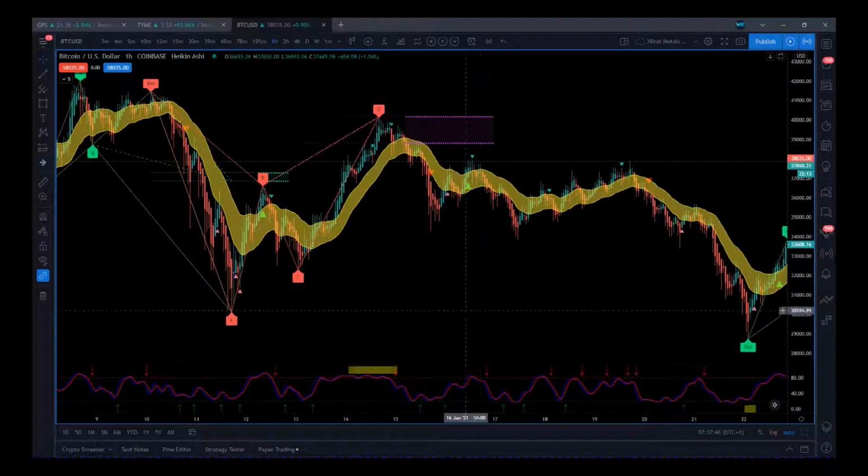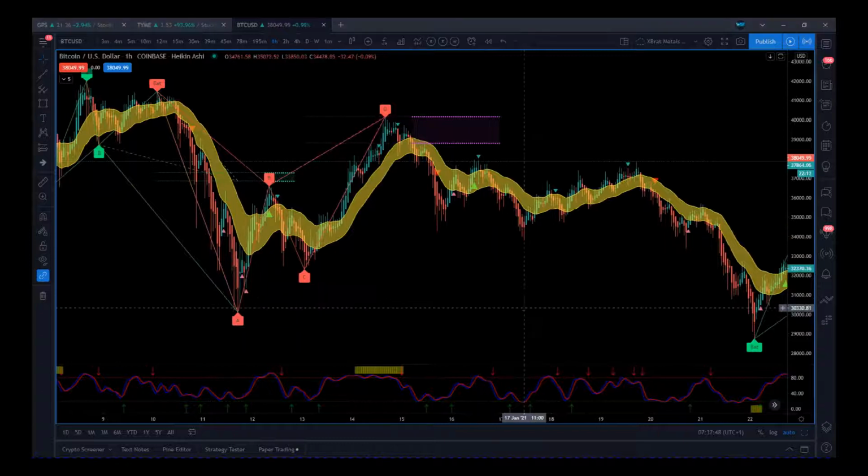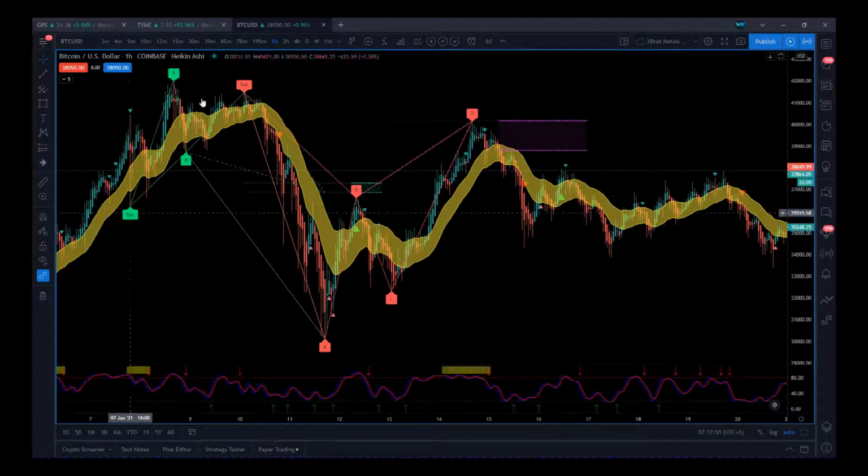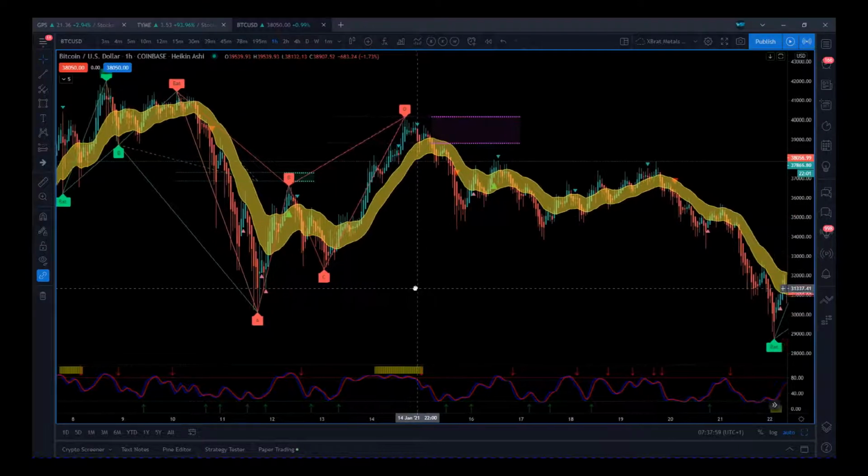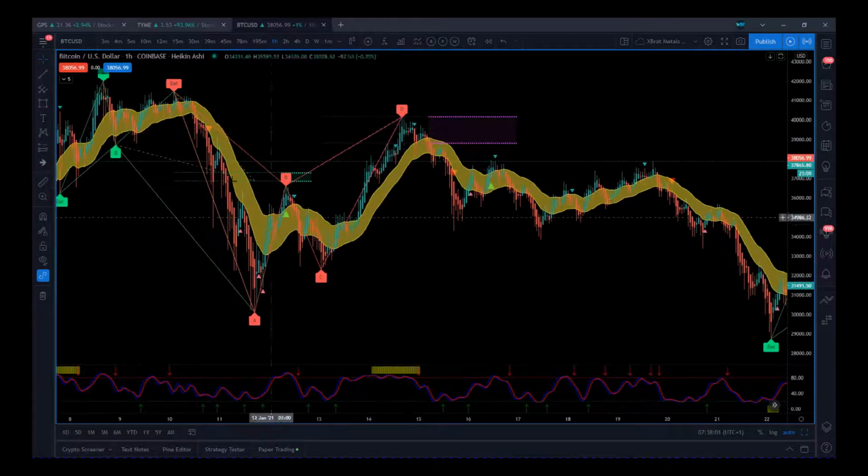So now this is Bitcoin again on the hourly. As we can see here, this green pattern went way too deep, way too deep. It didn't complete in the completion zone. There was no trade. Yes, the resulting trade was pretty good, but the main thing is when the bat pattern